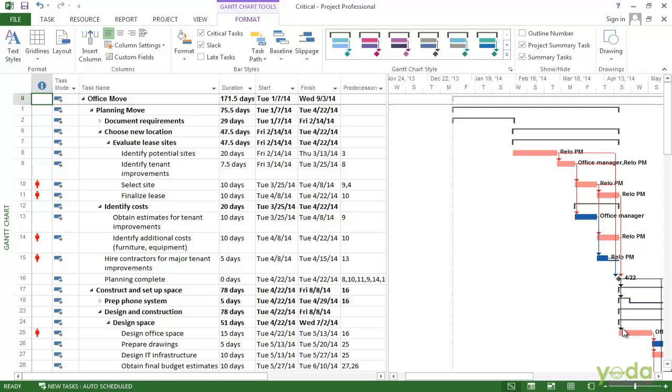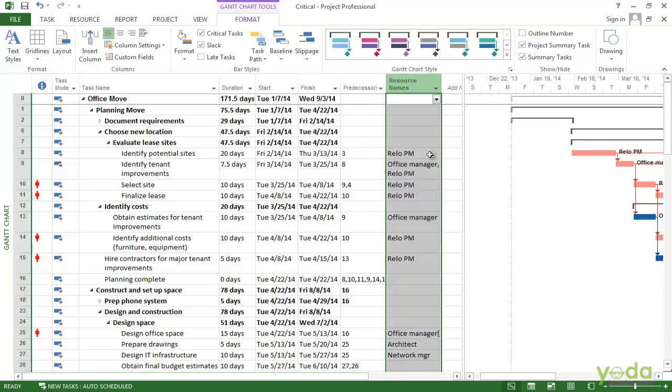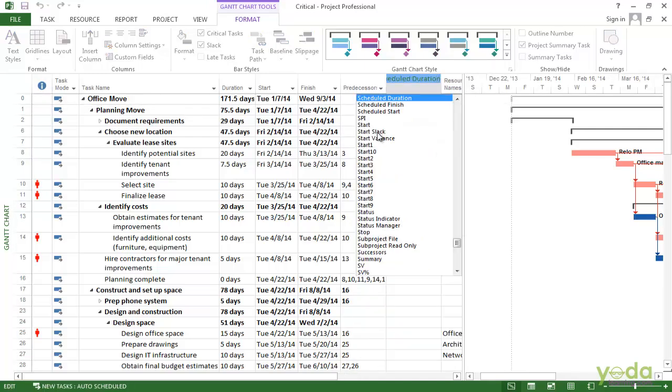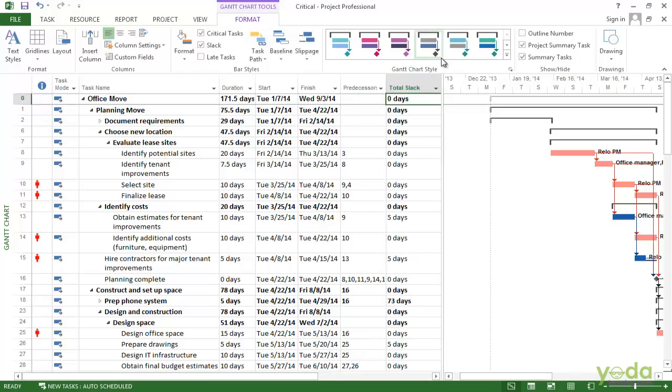If you want to see exactly how much slack there is, the easiest thing to do is insert the total slack column. Right click in the column here and say insert column. Type S and select total slack. Or you can just press T to get the total slack.